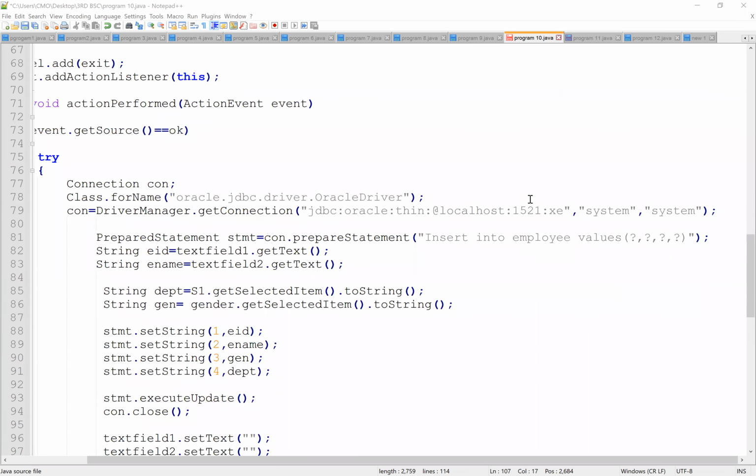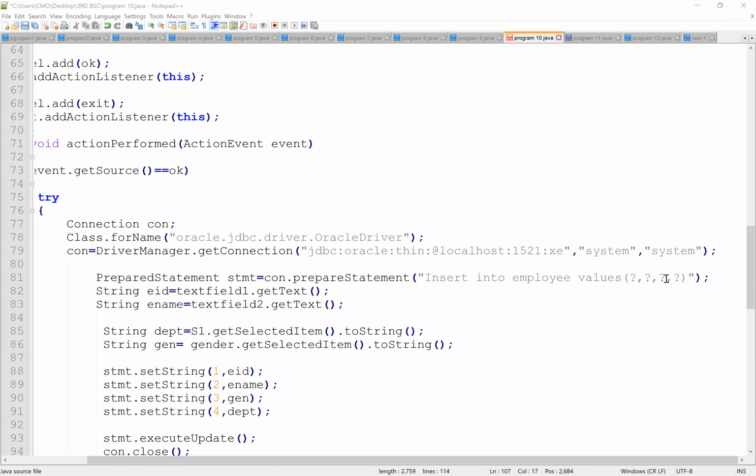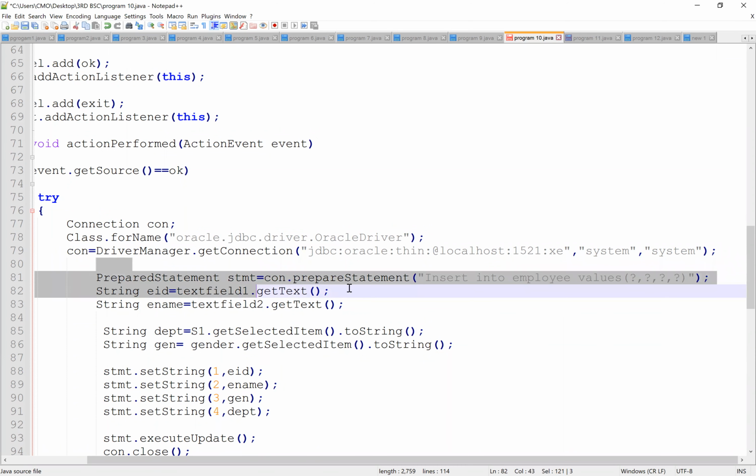Insert into employee, with question marks here. While writing this program we specify question marks because these values will be entered in our GUI window. We do not know them in advance; it all depends on the user of that particular GUI.